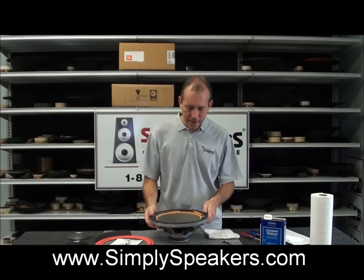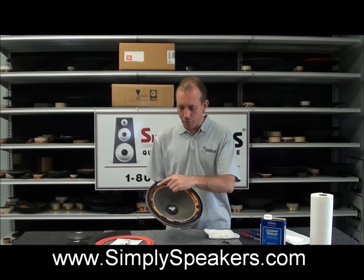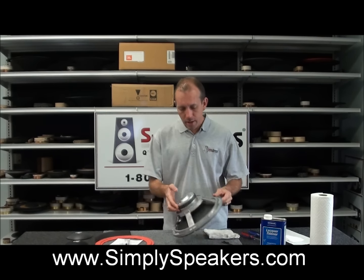Hello, how are you? Today we're going to do a Cerwin Vega speaker repair for you. We're going to replace the foam surround, which is a very common problem that we see here at the store. This is a Cerwin Vega 12-inch speaker. It's a model